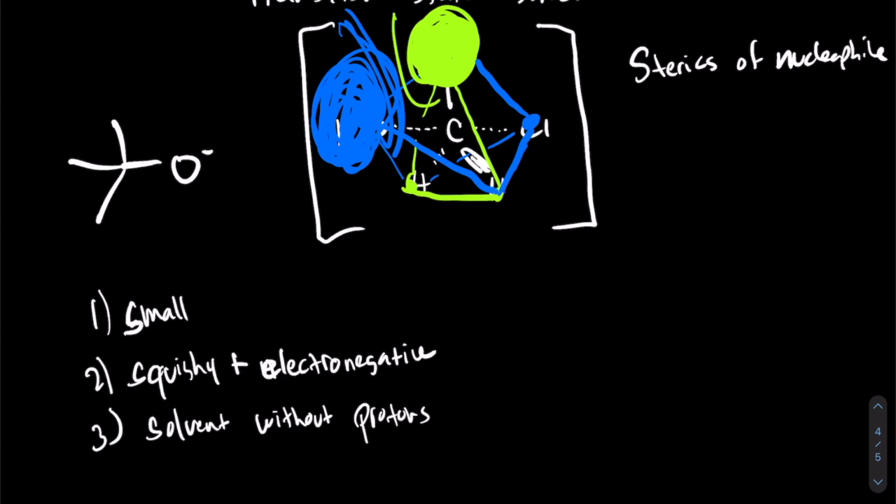It needs to be able to accept electron density. But what about the thing it's leaving? It's a substitution reaction, so what about the thing it's substituting? That chloride in that particular case. What makes that a good leaving group? Well, good leaving groups are very much unlike bases. They should be a terrible base. The worse base it is, the better, because a really good base is going to be